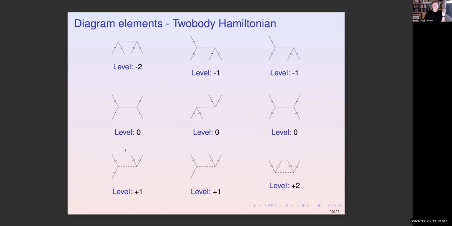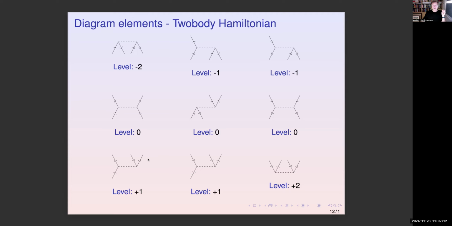Then, if we look at the two-body Hamiltonian, we can rewrite that in terms of different particle-hole types of excitations. So the first one is a two-particle, two-hole de-excitation. In this case here, we de-excite a one-particle, one-hole pair. The same here. Here, we just have a two-particle state which propagates into a two-particle state. Here we have a one-particle, one-hole state which gets de-excited, and then we create one. So that's -1 + 1, 0. The same